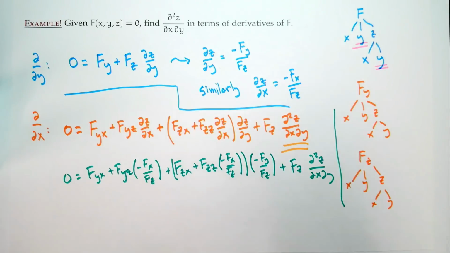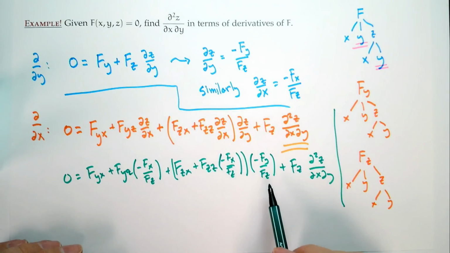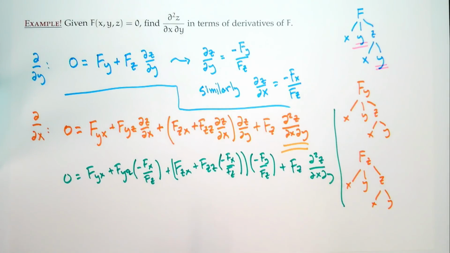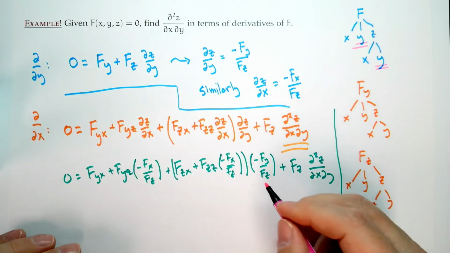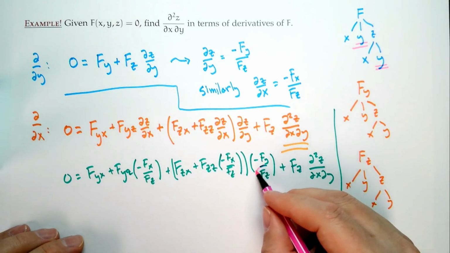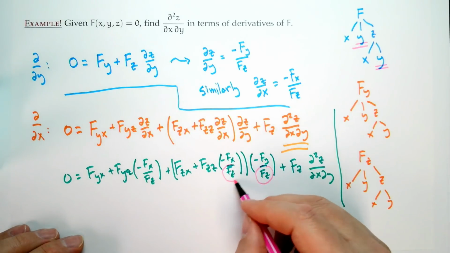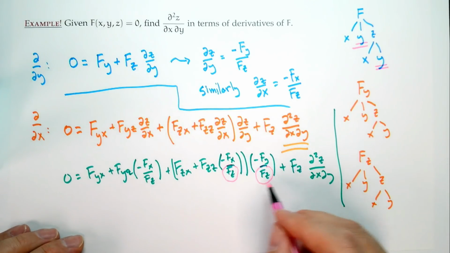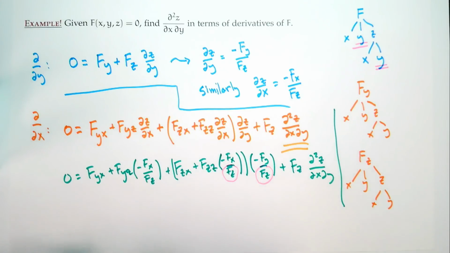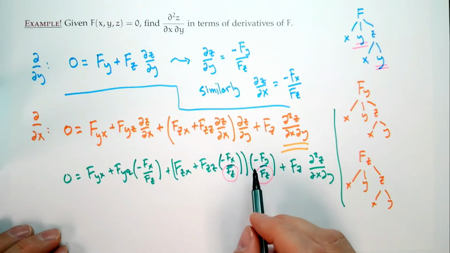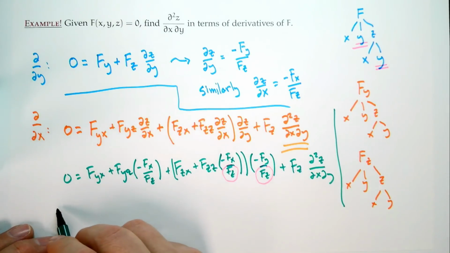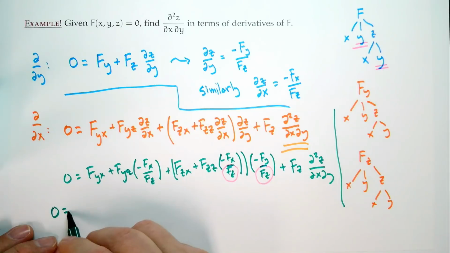We want to just clean it up, polish it, make it look beautiful. One thing is, I see fractions. I don't like fractions. I want to get rid of fractions. Fractions and me, we don't get along too well. So I see, okay, if I multiply by f z squared, that will be enough to get rid of all my fractions. So here we go. Everything is going to get multiplied by f z squared. And at the same time, I'm going to distribute. So I'm going to get 0 equals